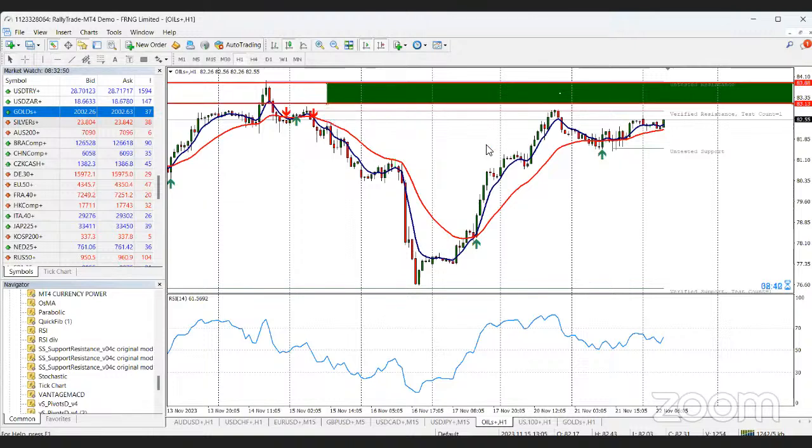Remember, intraday traders, trade cautiously, use your proper risk management rules, and you are good to go. All right, so if price is able to blast above this verified resistance, let's go in for our buys at 83.13 and 84.88. So our entry regions and take profit regions are between 83.13 and 83.88. Anywhere there you can enter the market and take your profit as well.